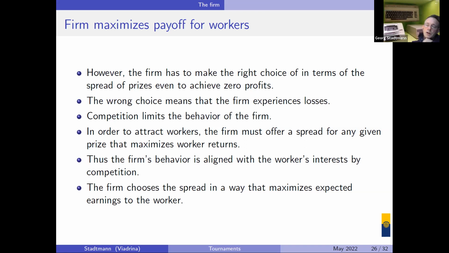So once more, the principal has to put himself into the shoes of the agents, has to maximize the utility of the agents in order to learn the